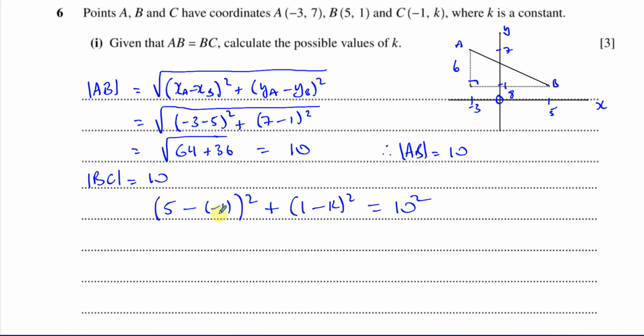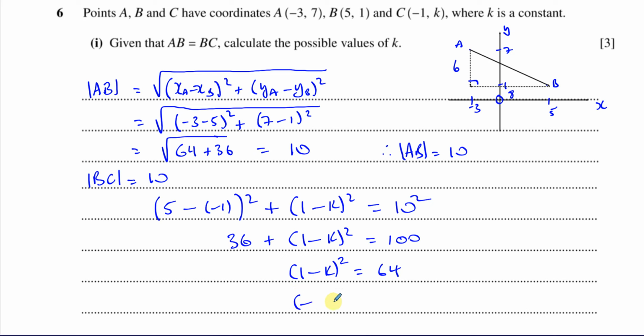So 5 minus -1 is 6, that's 6 squared, which is 36, plus, I'm going to leave this in this form because it's easier for me to solve afterwards, but that's equal to 100. Now I could square this bracket and then I have a quadratic, subtract 100 from both sides, make it equal 0, and then factorize and solve. But it's much easier because I have this square bracket to simply subtract 36 from both sides. So you have 100 minus 36, which is 64,